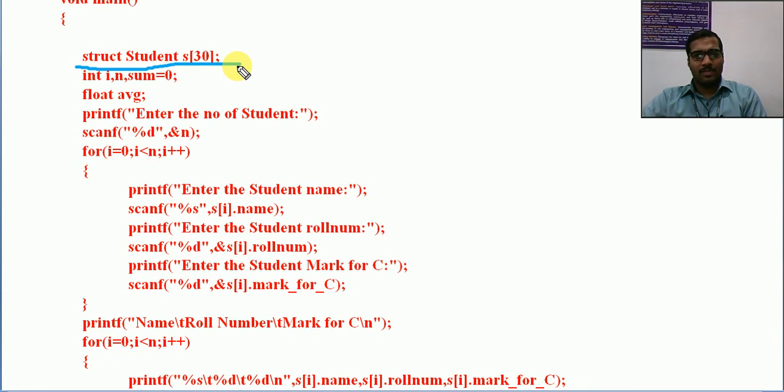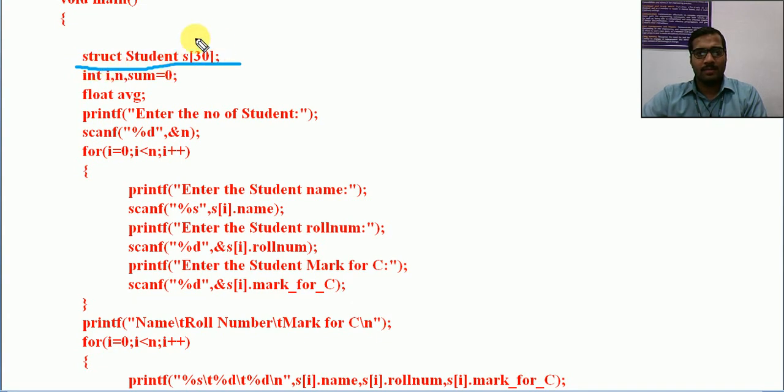In the previous program we had E comma A comma B comma C. Here you could have S1 comma S2 comma S3 up to S30. But what I am doing is struct student S of 30. So I am creating an array, an array of type structure.